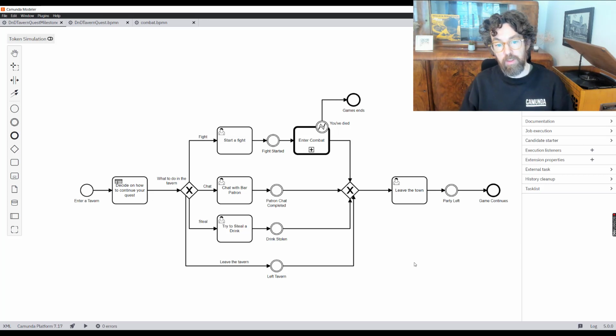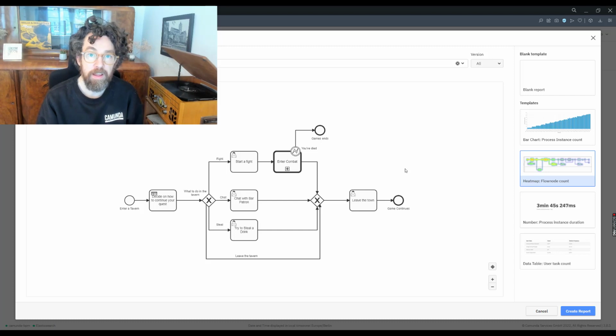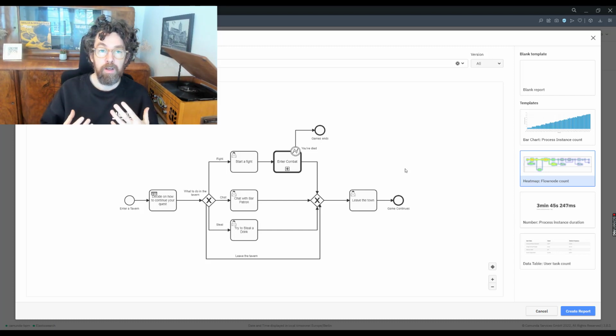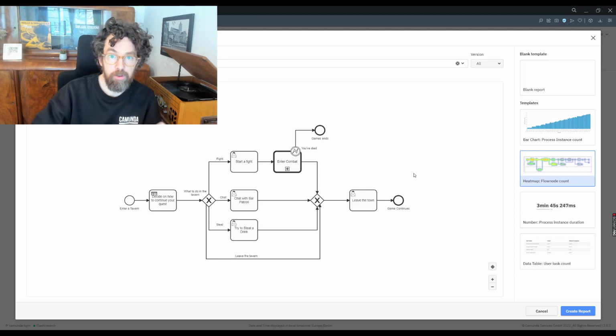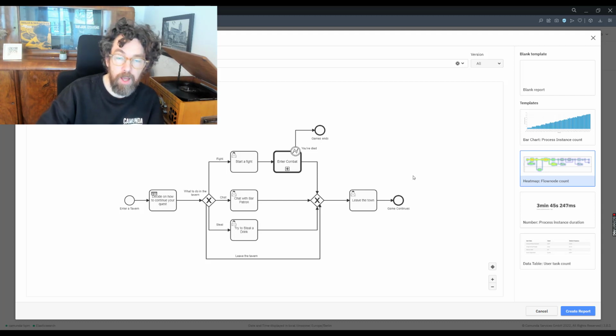And I'm going to demonstrate this by showing you some reporting and showing you how that can work to your benefit having these symbols. So to demonstrate the value, I'm going to use this example in Optimize. The tooling doesn't really matter because the principles are always the same, but basically I'm going to show you some of the benefits of actually thinking about reporting during the time of modeling.